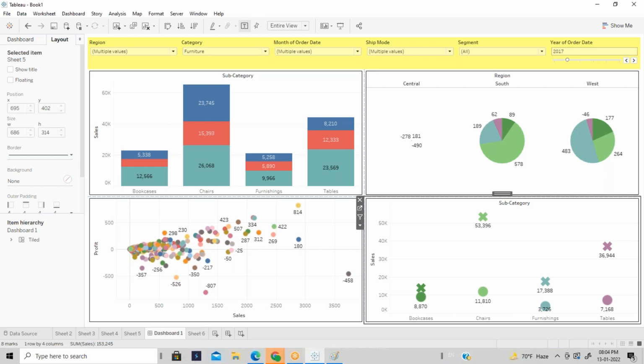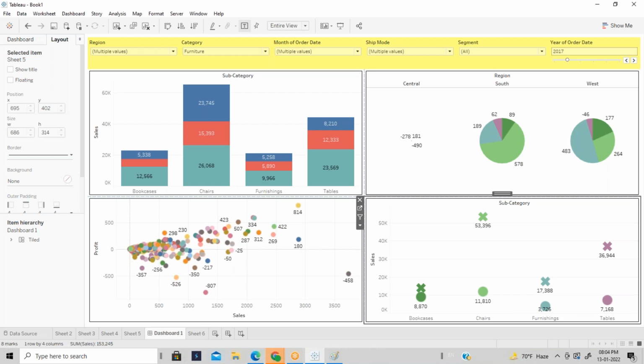This is called the global level filter, or you can say shared filter, because the one which you created in a single sheet, you are going to apply to all the sheets. That means you are sharing it with all the other sheets as well.